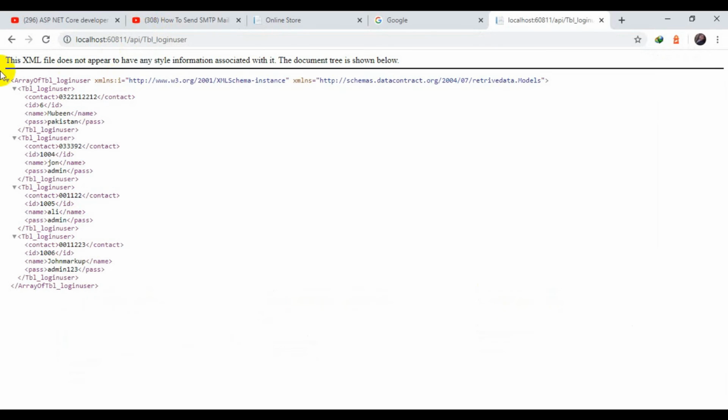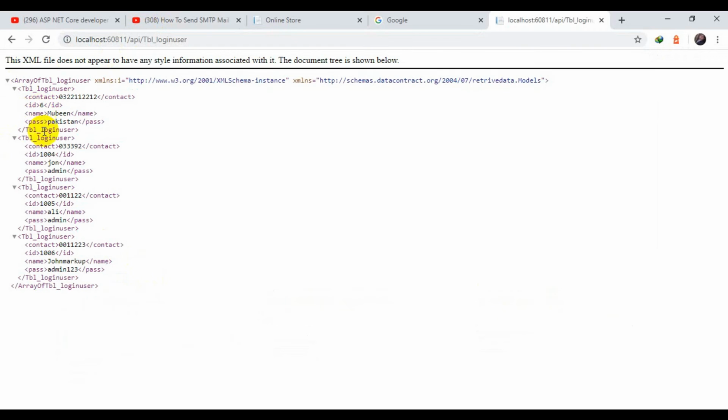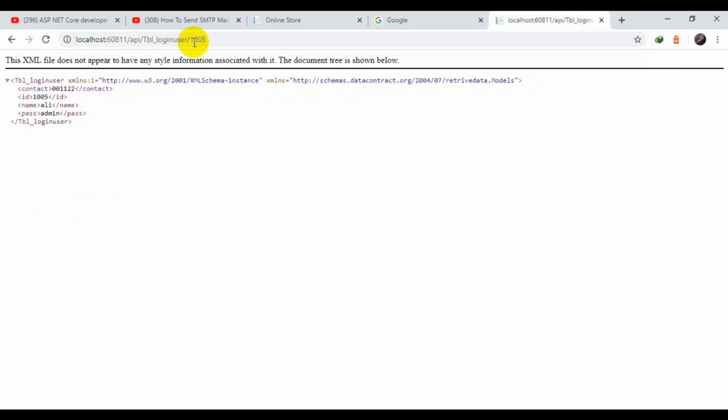All of the data is available in XML format. We have ID 6, ID 1004, ID 1005. If I copy this ID, select this and paste it here, look out, it retrieves the data for that particular ID.